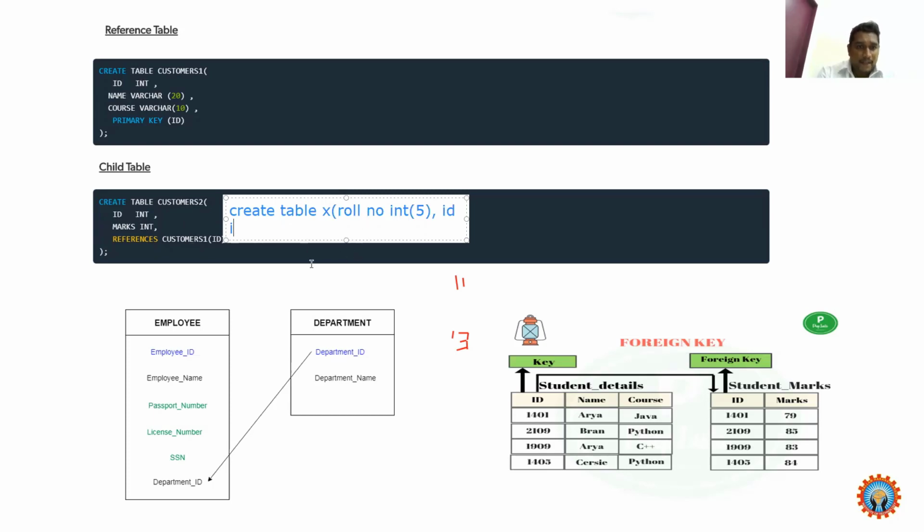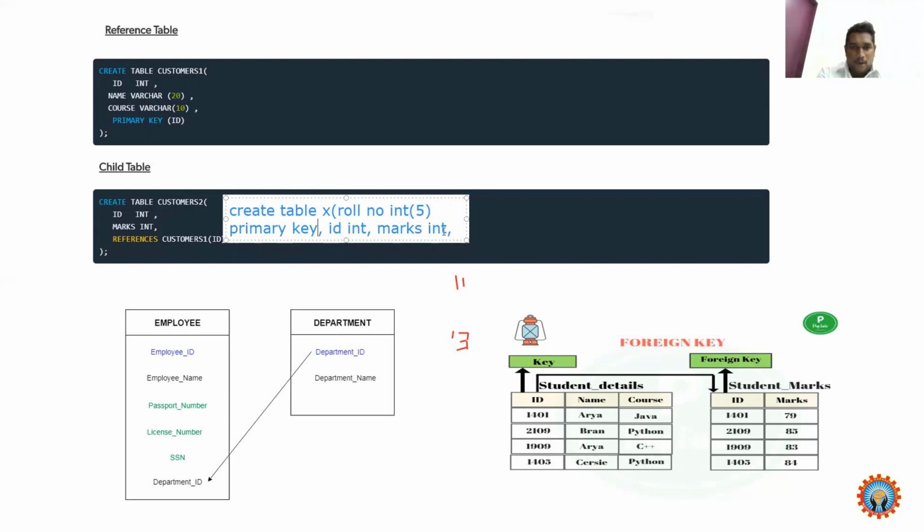Okay, id followed by int, comma, marks of int. Okay, next, now this is a primary key attribute, so that roll number is a primary key for this customer table.